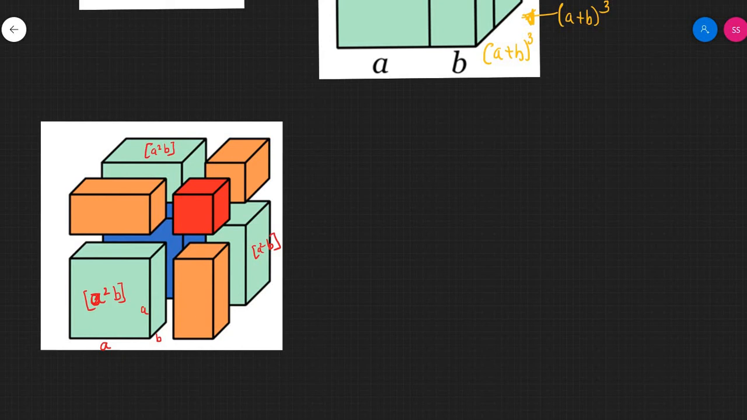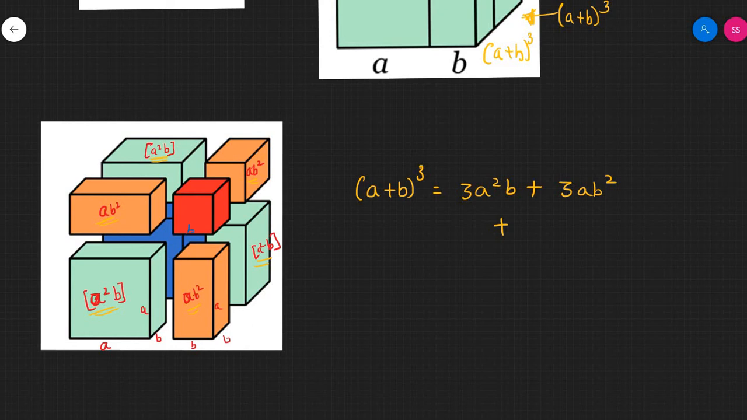And this side is b, and this is a. So all these blocks are a b squared. So you have a b squared, a b squared, a b squared. So far, a plus b the whole cube is nothing but 3 times a squared b plus 3 times a b squared,